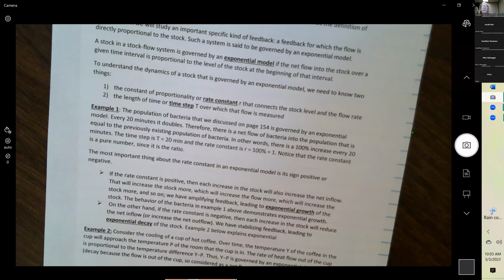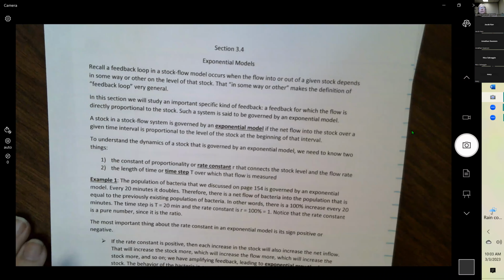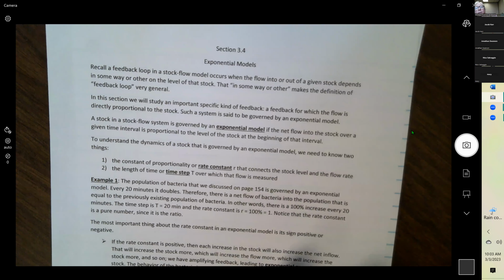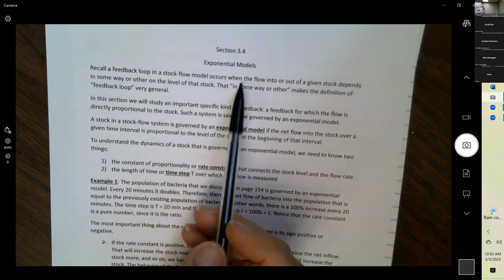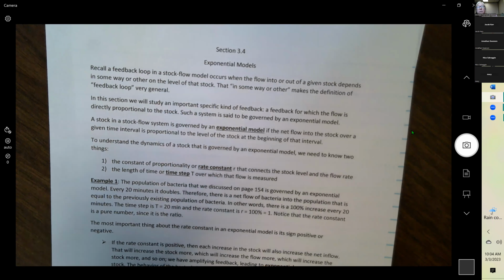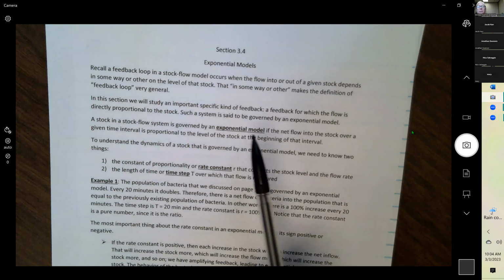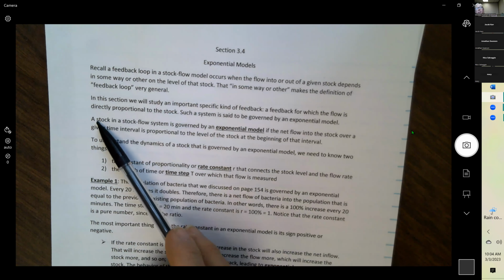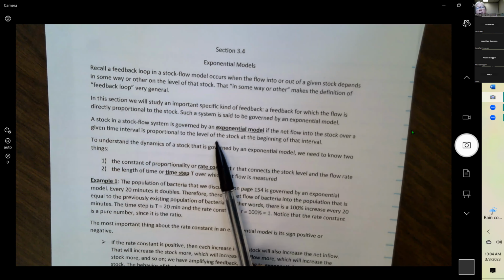Okay. So this section is exponential models. If you recall the stock flow diagrams that we had with the feedback loops, and some of them we said grew exponentially. Well, in this section, we're going to look at the exponential models. A stock in a stock flow system is governed by an exponential model